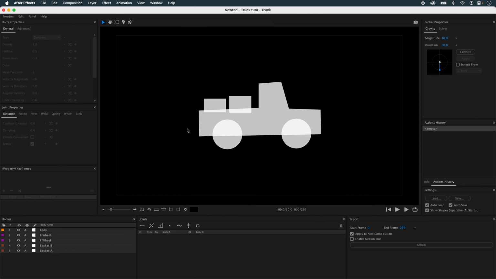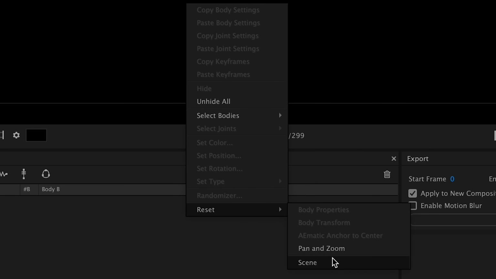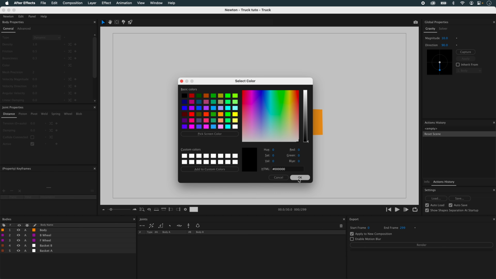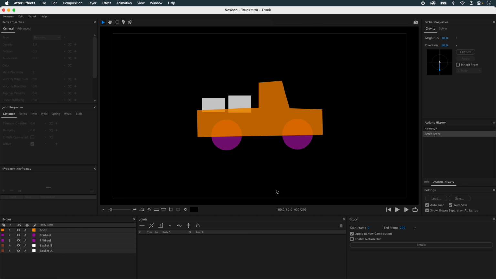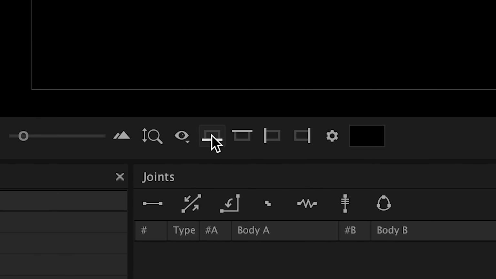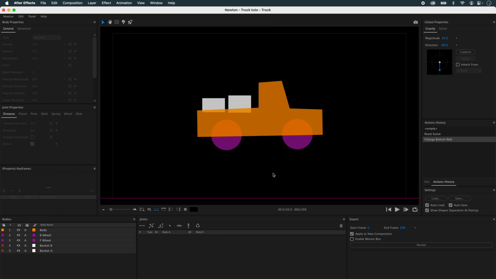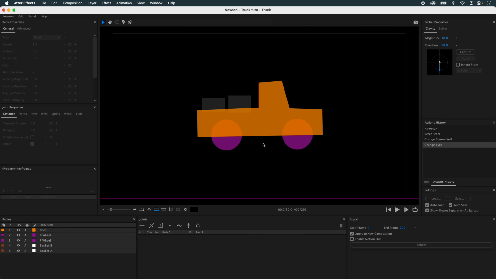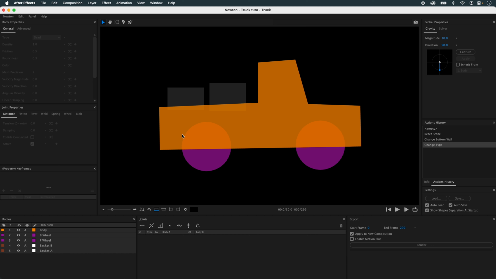Now my objects are well defined. However, I don't have the colors on them. I'm going to right-click Reset Scene, and now I've got the colors right. I change my background to black. And now I've got my car. How do I rig this car with Newton? Let's start by putting a floor on it. I'll select my baskets. Right now, I don't need them, so I'm going to take them out of the simulation. I'll set them to dead. That leaves me with the body of my car and its wheels.